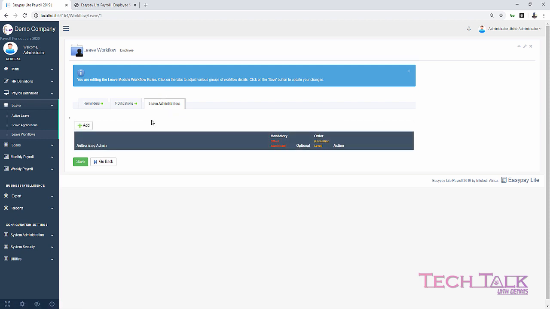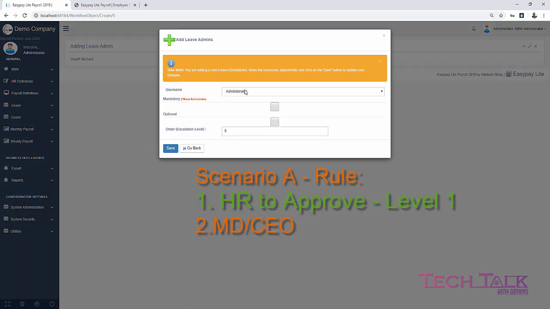So for scenario A, we have 2 users. We have the HR admin, or rather the HR manager, and we have the managing director. In this scenario, we are just going to use the default system users who have been assigned the respective rights equally. If we click on our add button here, you can see we have administrator and demo. So we'll assume the demo user is the HR manager, and we will give them optional